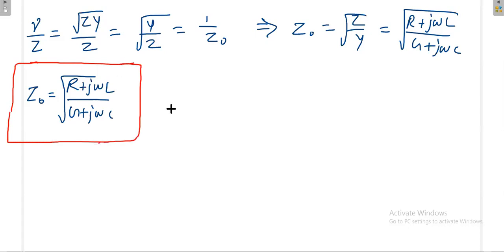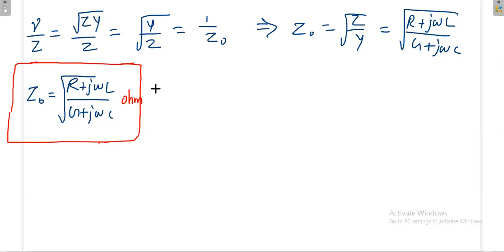Then you just try to apply the unit condition. You know what is the unit of R, what is the unit of G. Finally, whether it is giving you Z naught. Z naught always has to be in ohm. Now you have this equation for Z naught. Just try to apply the units of R, L, G and C, whether finally you are getting the unit of Z naught or not. Or for a moment you forget about the imaginary part, just apply the real things, R by G, and see whether you are getting ohm or not finally.